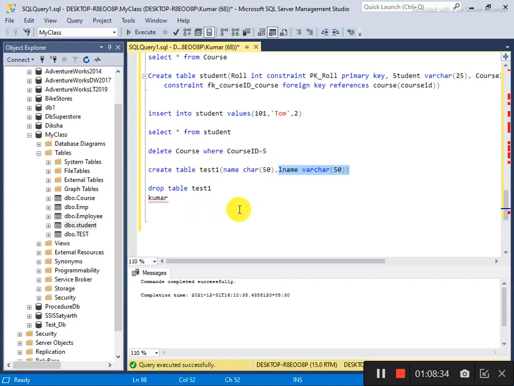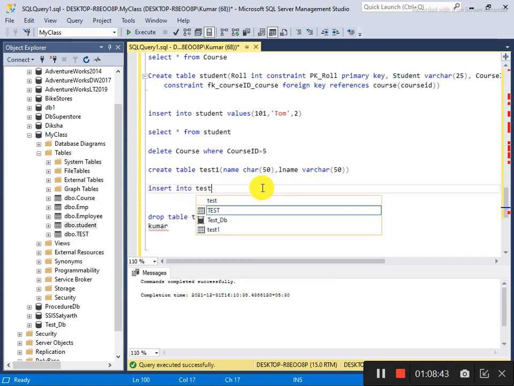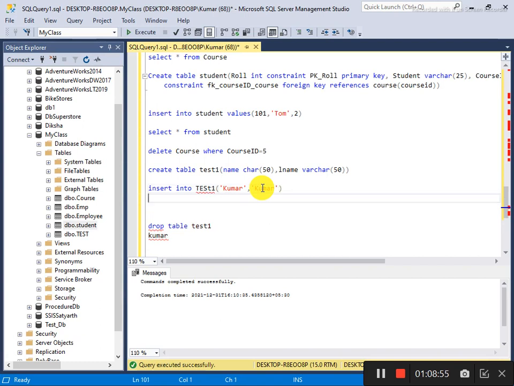Another thing is nvarchar and varchar. If I make an entry, insert into test one, Kumar and again Kumar, select test one.